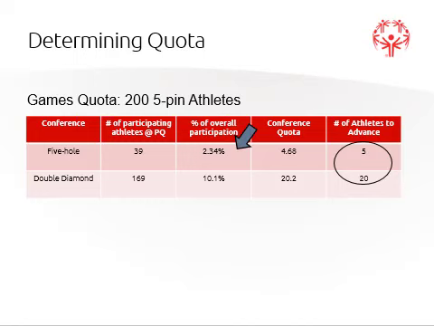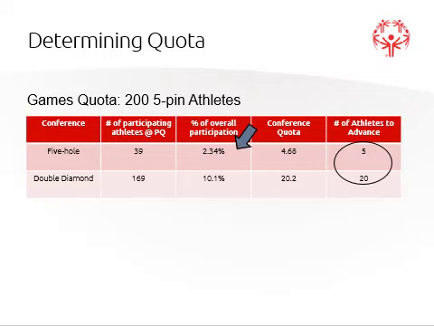For the 2016 Spring Games, the Games Organizing Committee determined that there would be a quota of 200 for the 5-pin bowlers. That year, 1,667 athletes competed at provincial qualifiers in the sport of 5-pin. The first step in determining which athletes qualify to advance is to calculate how much quota is assigned to each provincial qualifier. The Special Olympics Ontario sport team gathers